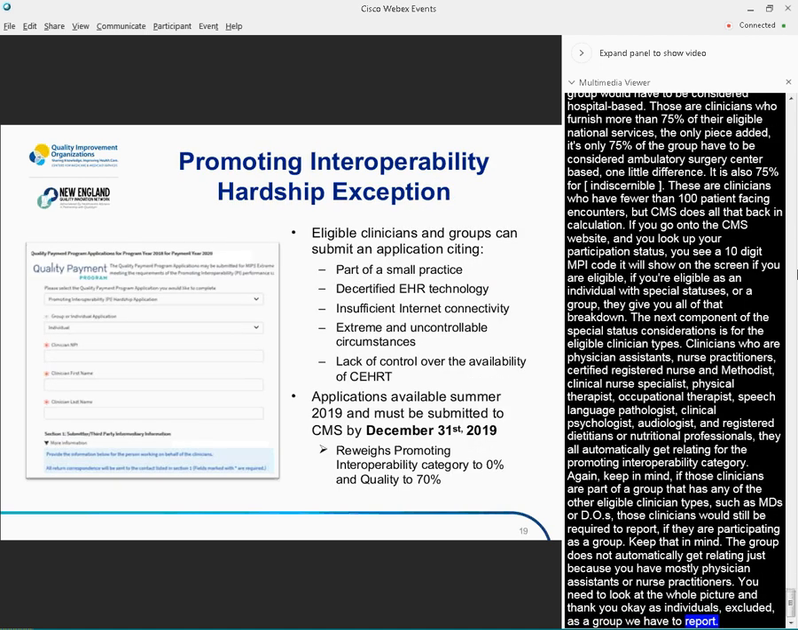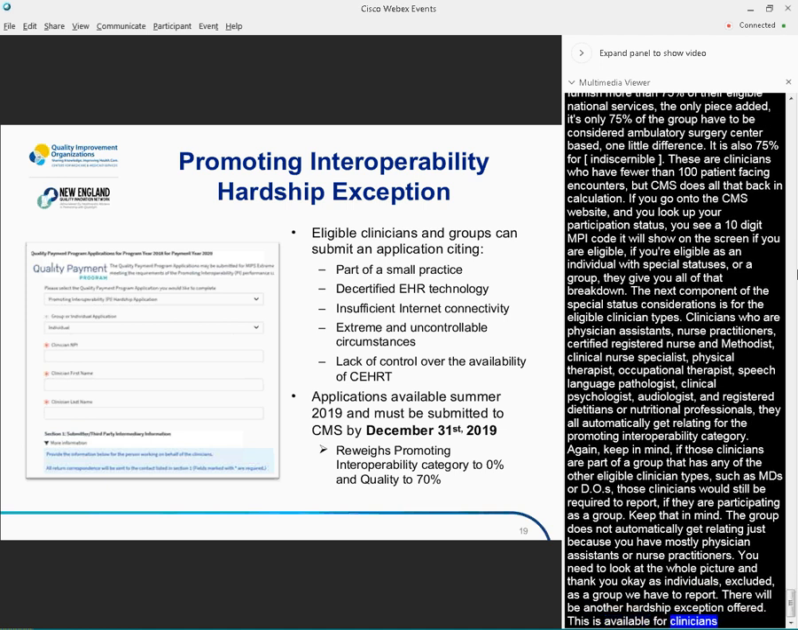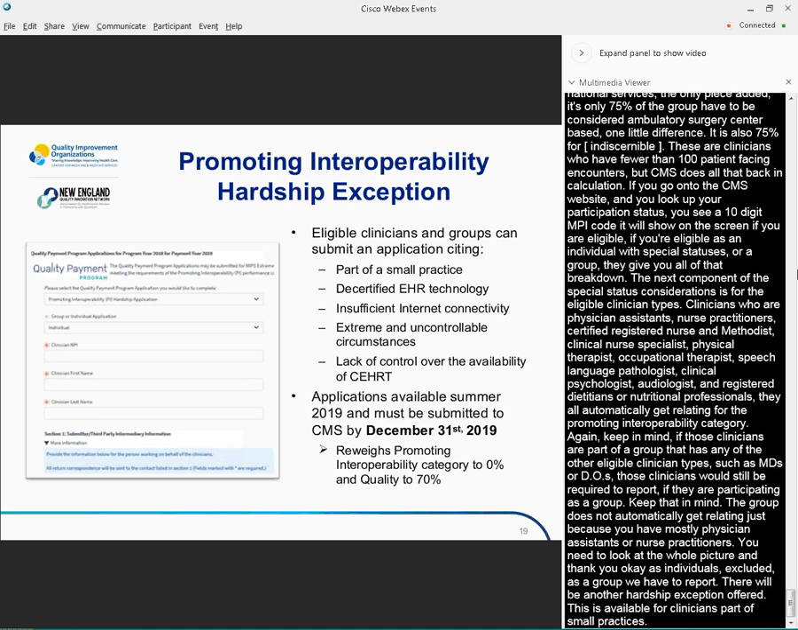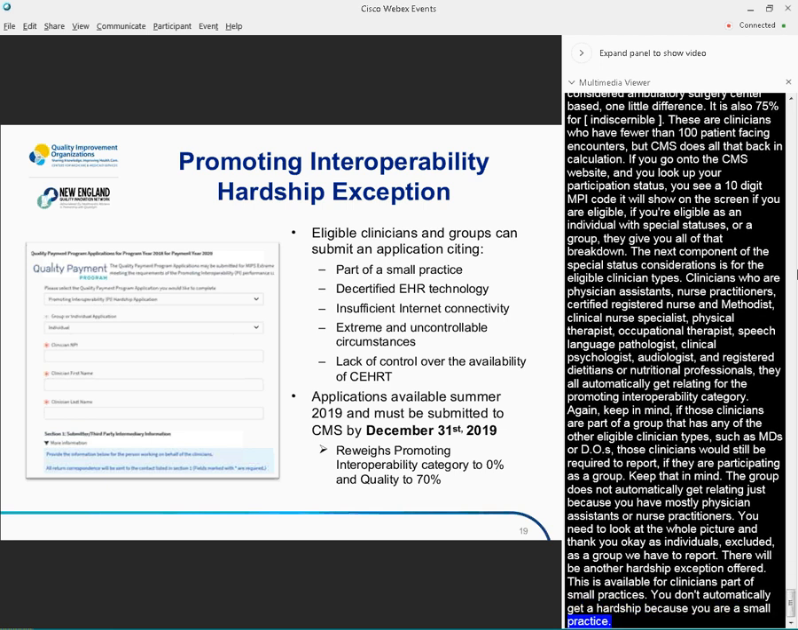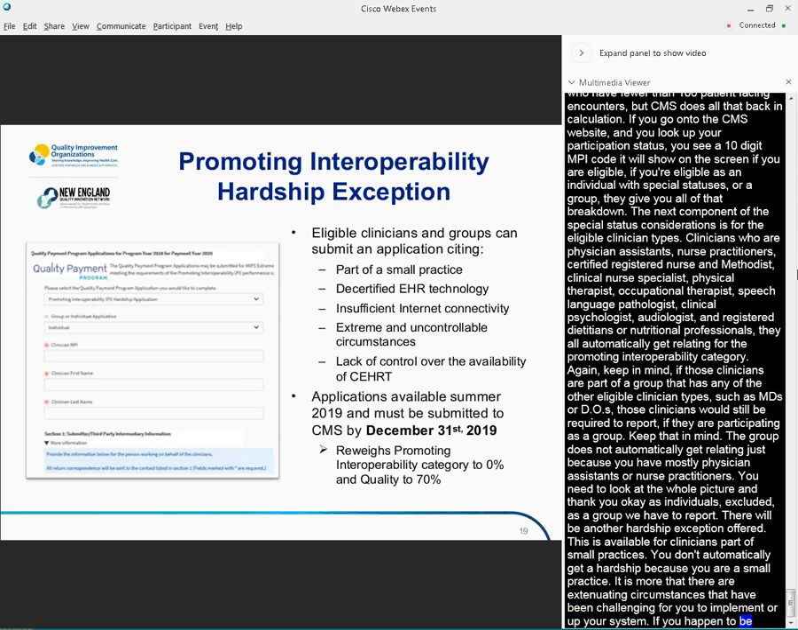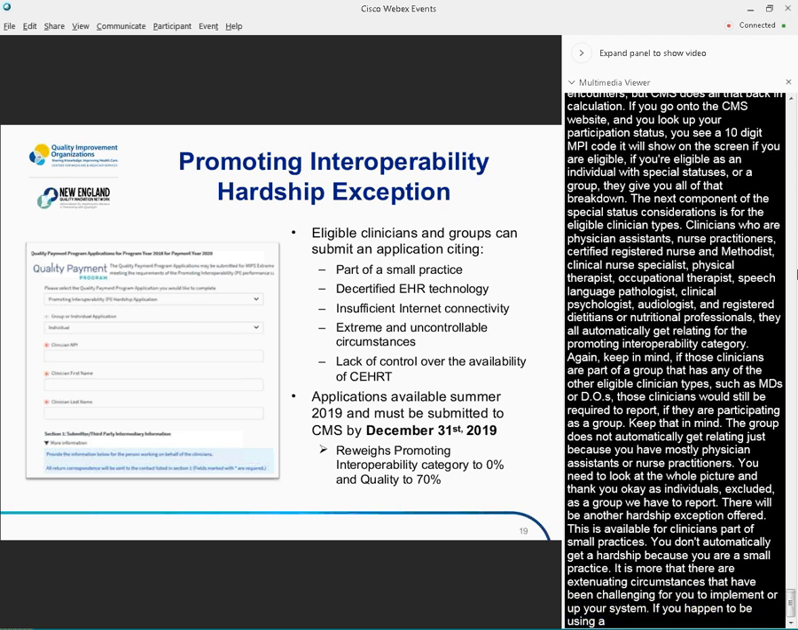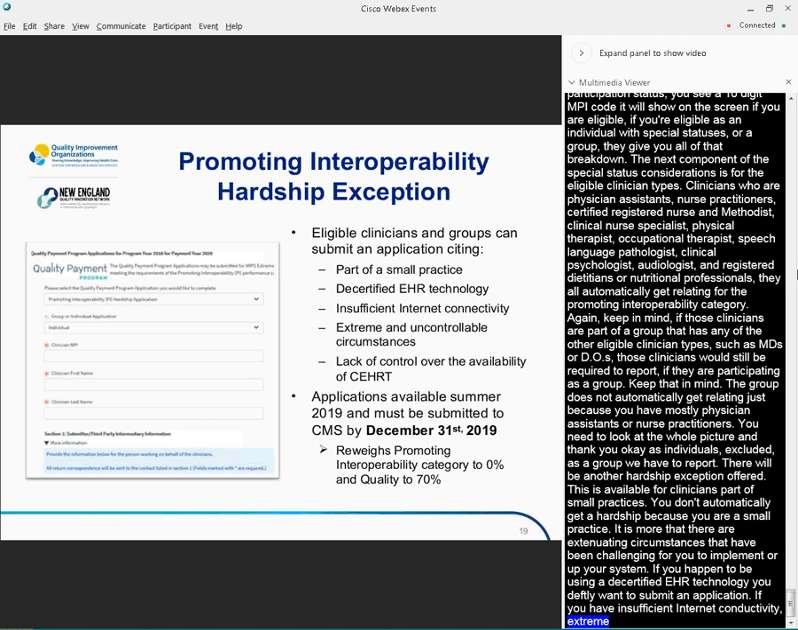So CMS will be offering another Promoting Interoperability hardship exception. This is available for clinicians that are part of small practices. You don't automatically get a hardship just because you're in a small practice. It's more that there are extenuating circumstances that have made it challenging for you to implement or upgrade your system. If you happen to be using a decertified EHR technology, you definitely want to submit a hardship exception application. If you have insufficient internet connectivity, extreme or uncontrollable circumstances, lack of control over the availability of certified EHR technology,